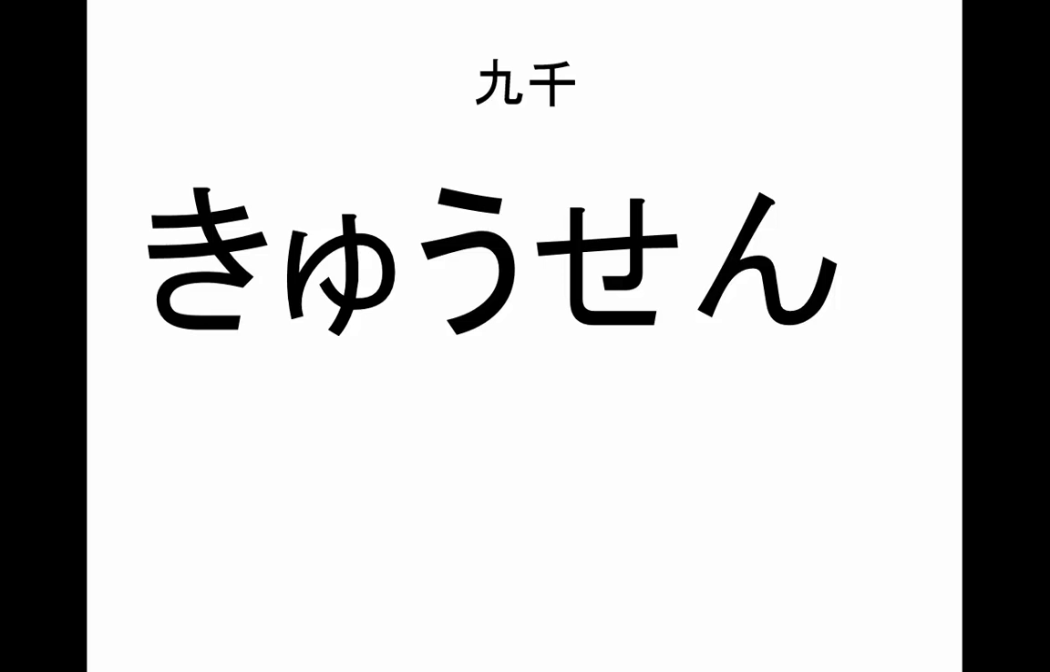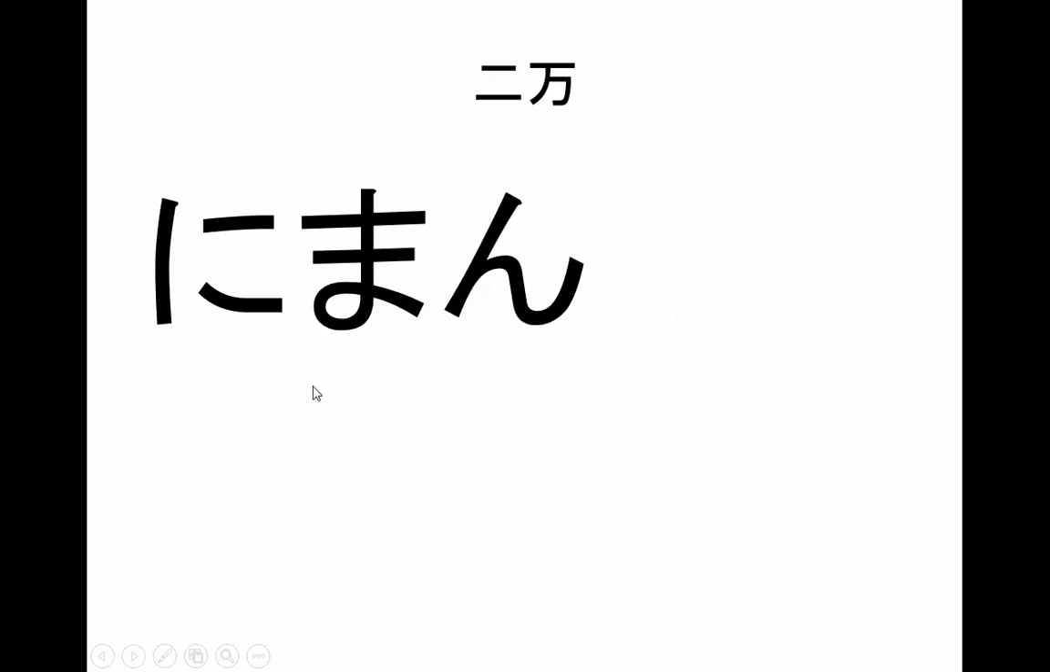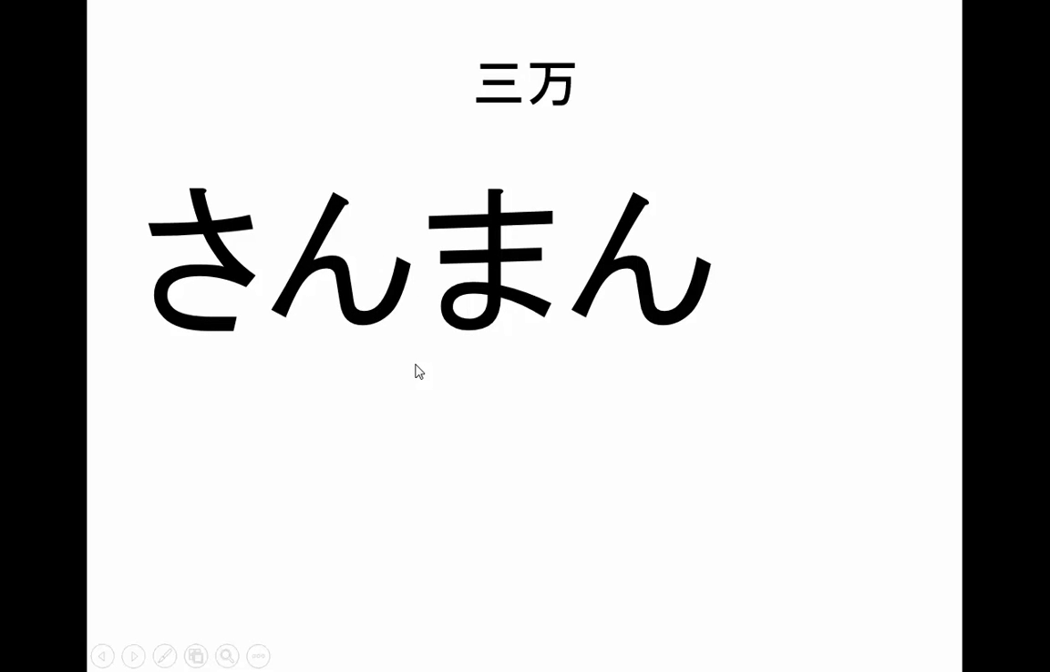9,000, jusen. 10,000 is not jusen. There's no such thing as jusen. Instead, they do ichiman. Okay, new word, man. So all the 10,000s are man. Okay, so man, ichiman, and then niman is 20,000, sanman, 30,000,